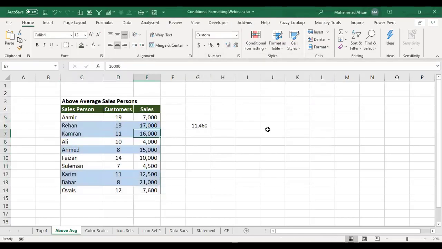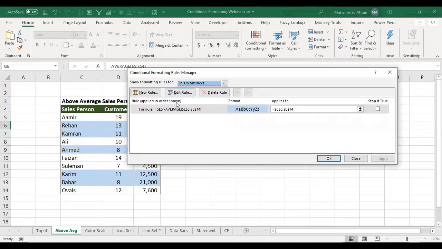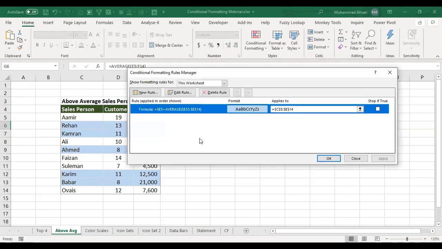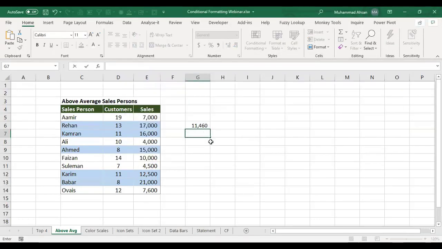So now you can see that very easily the entire row of every salesperson gets highlighted whose sales are above average. Let me just show you the formula here. Right, so this is simple logic. As a basic Excel user, we need to understand how this formula works, right?